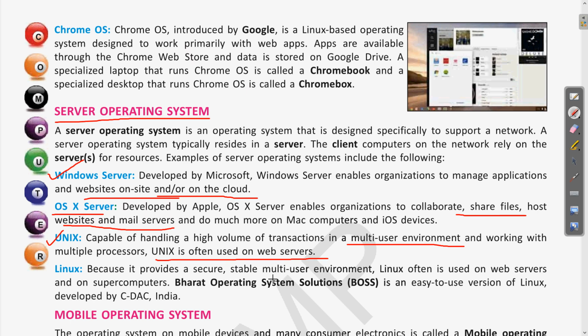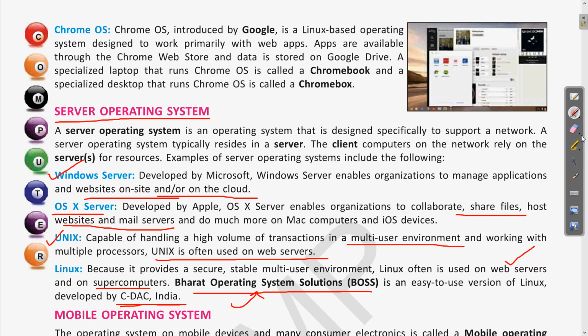Linux, which we have just seen, is an open source operating system, and it is also a multi-user operating system which can be used on web servers as well as on supercomputers. An example is Bharat Operating System Solutions, that is BOS. This is also a version of Linux and it is developed by CDAC India, an organization in India which works in the field of advanced computing and supercomputing.